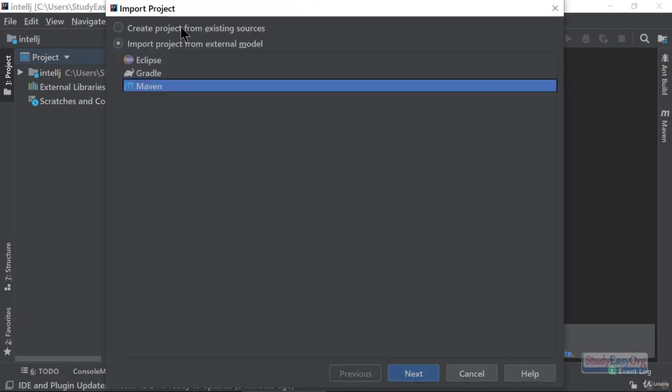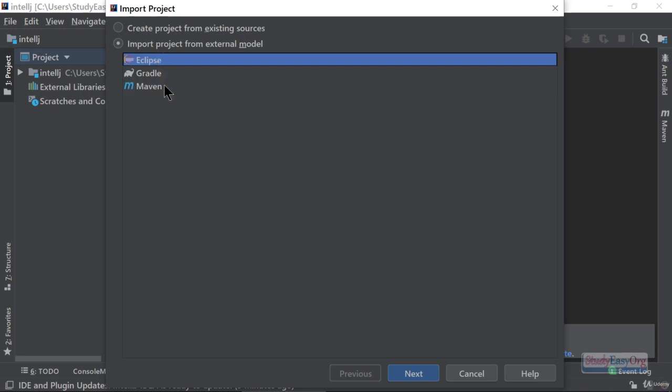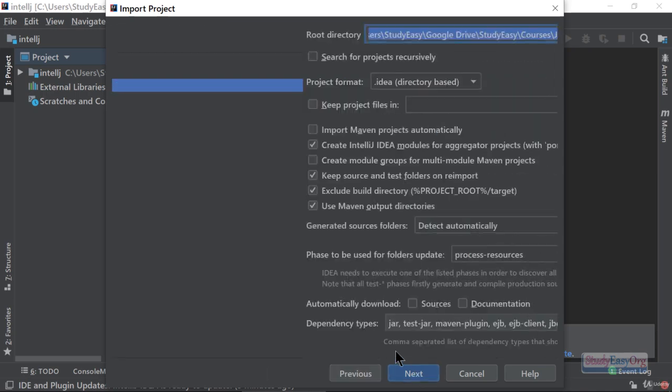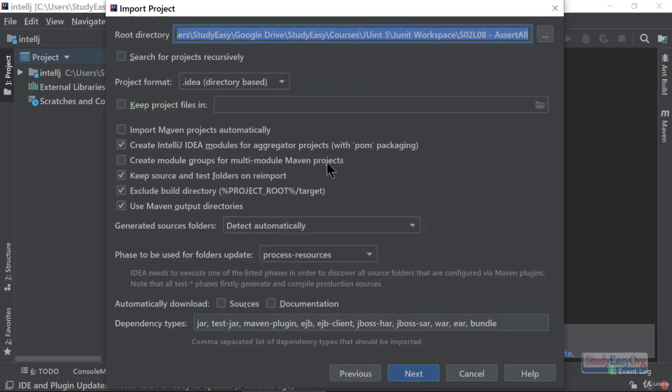Now it will give us a couple of options. For example, is it an Eclipse project or a Maven project or a Gradle project? Definitely it is an Eclipse and a Maven project. Now here is an ambiguity. What to select? In these kinds of scenarios, we will definitely select the option of Maven project because we have the pom.xml with us. Now we will select next, and the root directory is good enough. Let me click on next,